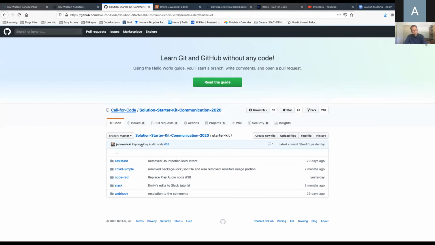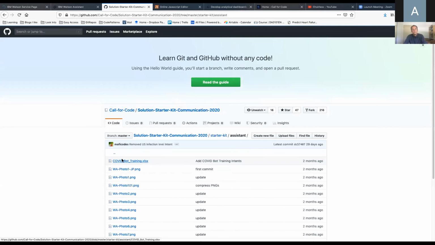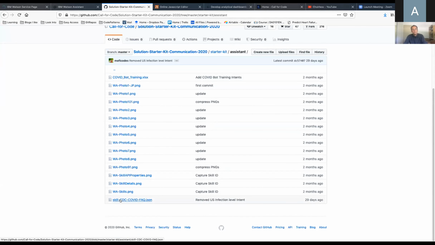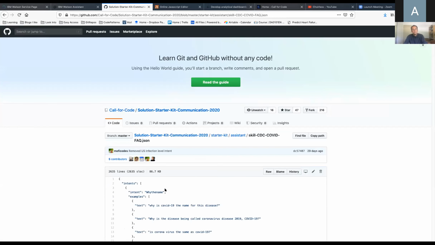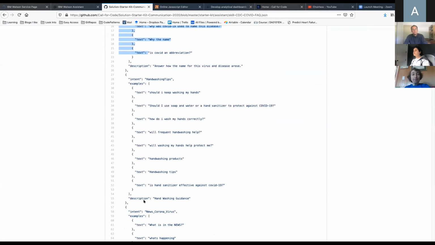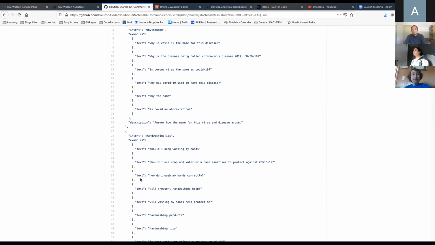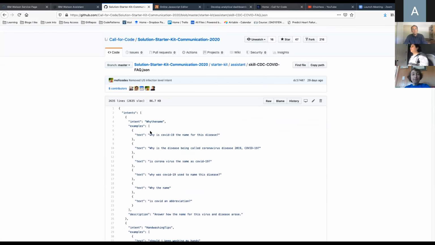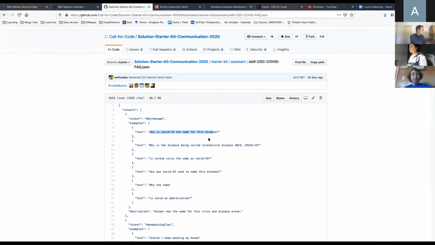If you go to Starter Kit and then go to Assistant, you can see this thing called Skill CDC COVID. It's basically a bunch of JSON text on all the data that we've collected. I talked a little bit about intents, like things someone would ask, like, why is COVID-19 the name for this disease?